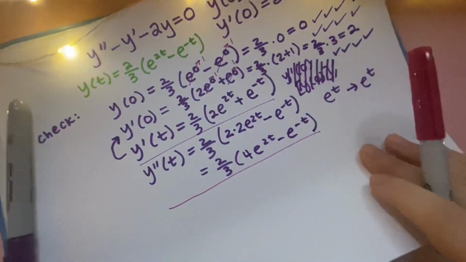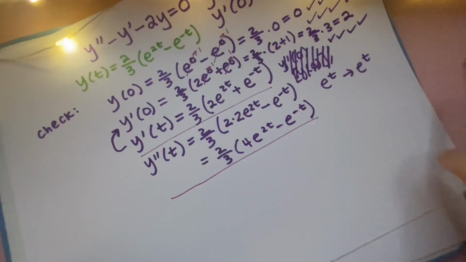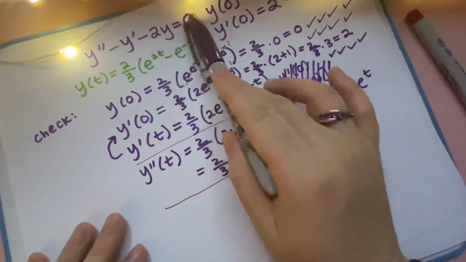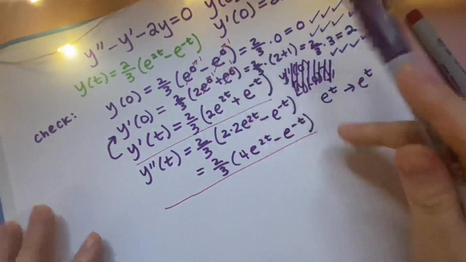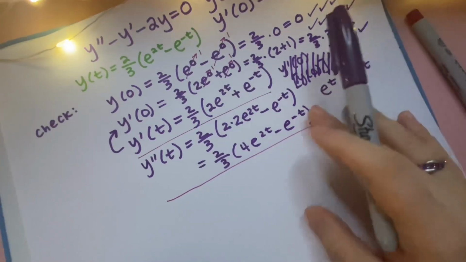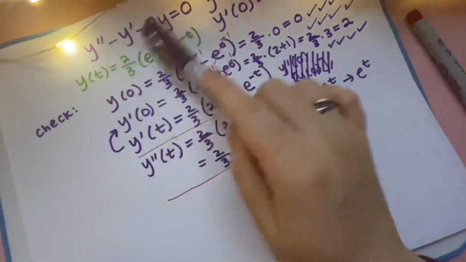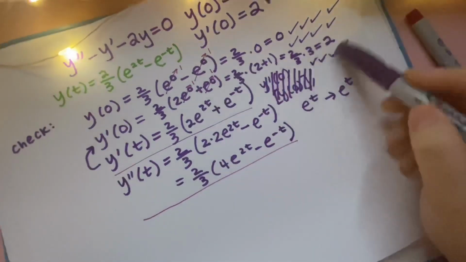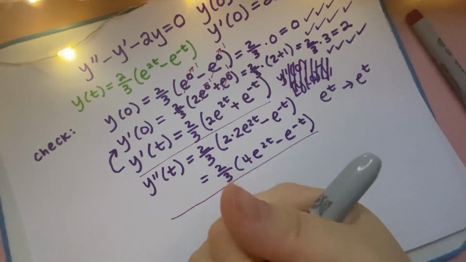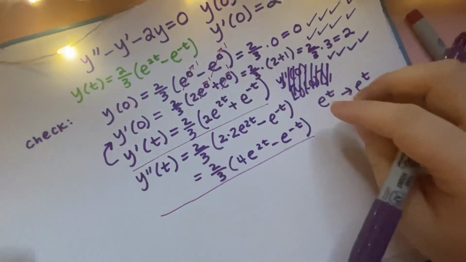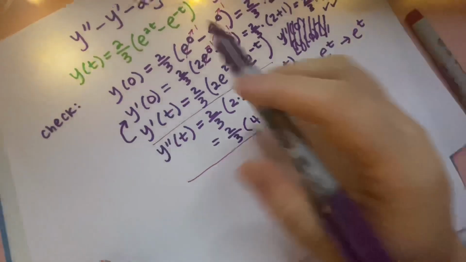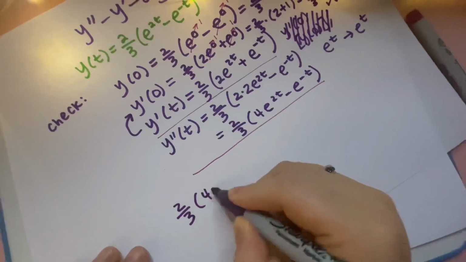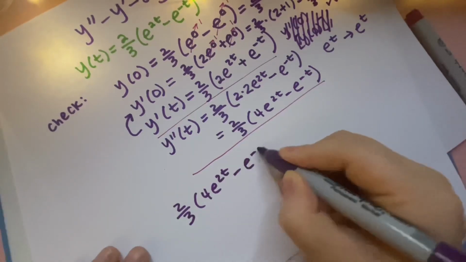So this, I think, is the ultimate ASMR, because if we are on the right track, everything here should cancel out to give us 0. That's kind of why I picked this particular example first, because I don't know what's more satisfying than everything just working out, you know what I mean? Like, let's just give us all the checks. Check. So we have y prime prime of t, which is 2/3 of 4e to the 2t minus e to the negative t